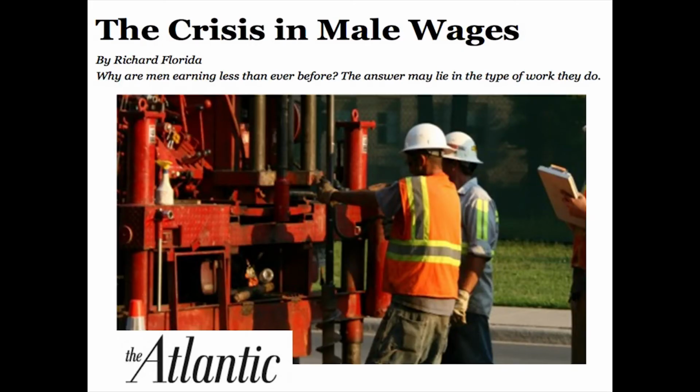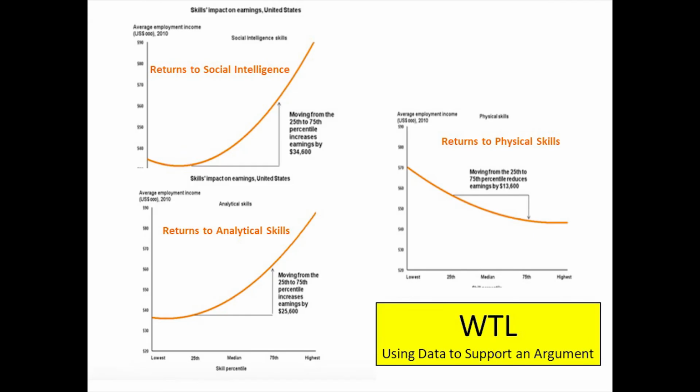All right, this is Florida, but in a different way. This is actually looking at returns to some of those skills that they were talking about, those higher order skills. So you have the returns to social intelligence, and you have the returns to analytical skills. And you notice that as you become more social intelligence dense or more analytically skilled dense, there are higher returns to you. But if you're more physically skilled dense, then those rates of return are going to decline over time, right? So that's the poor news about men in the manufacturing sector, for example. And so this might be a good way to start that conversation in where those jobs are getting lost and why. You can go to International from there, or in a lot of different directions too.